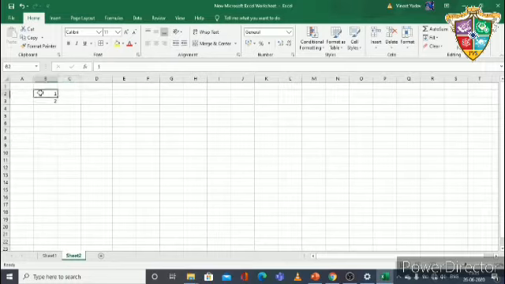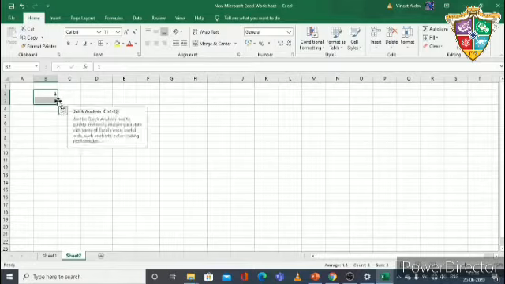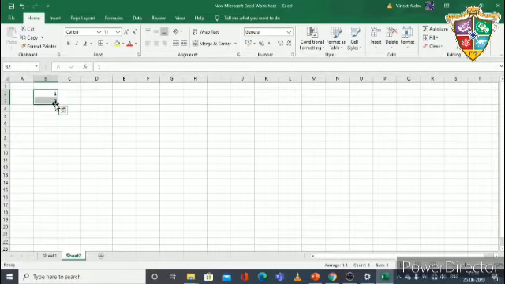Now select both cells like this. You have to select both cells, then go to the right corner, this one. See, your cursor will convert into a black plus sign.